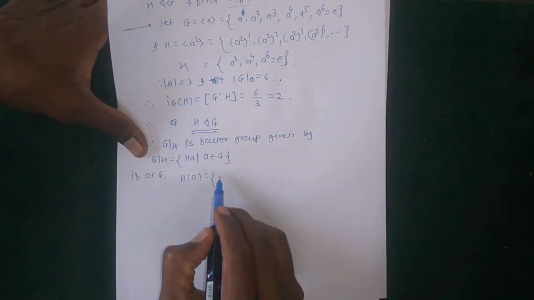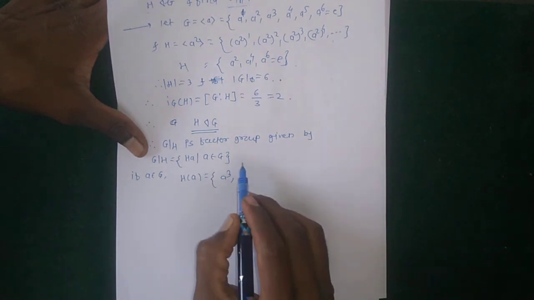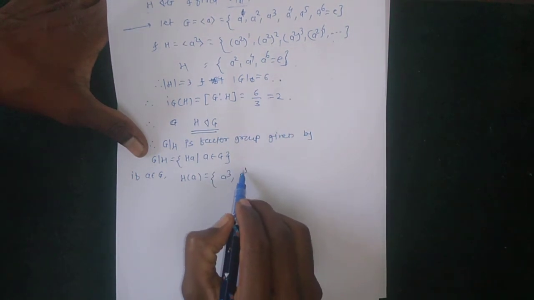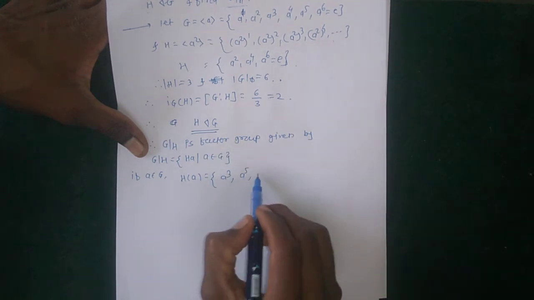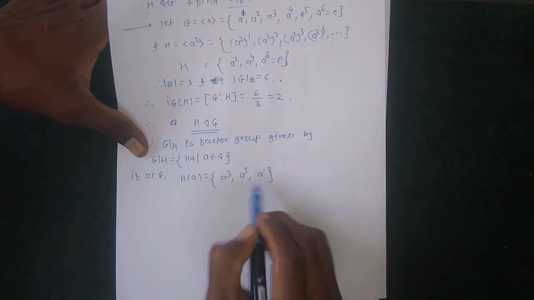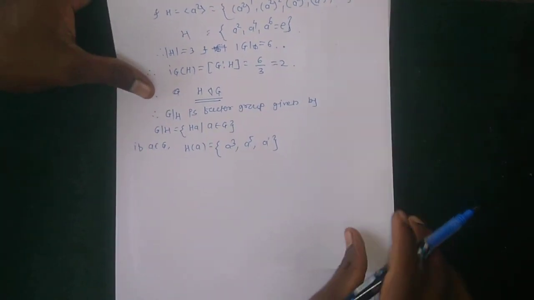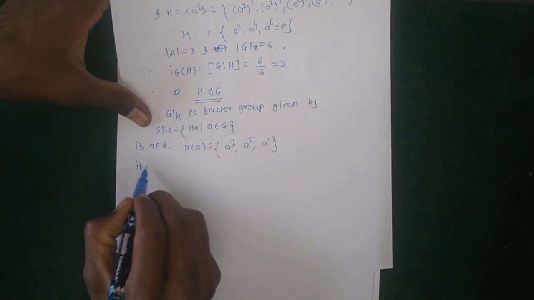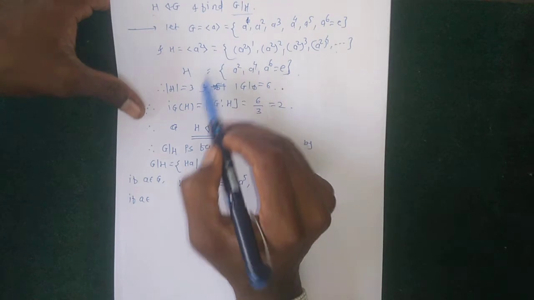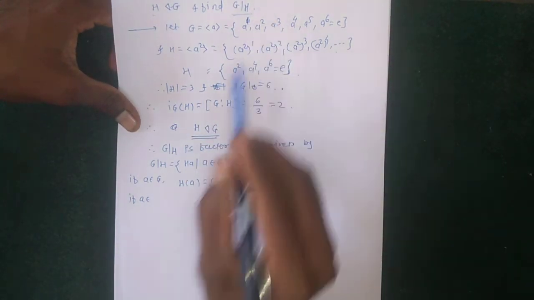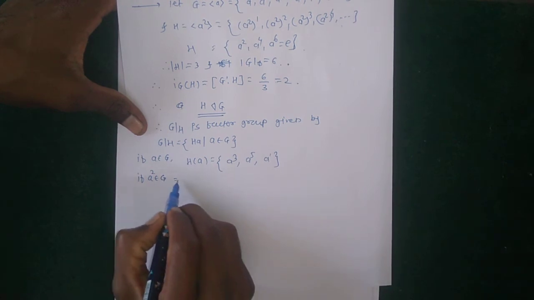If A into A square equals A cube, A into A raised to 4 equals A raised to 5, and A raised to 6 means the identity, into A is equal to A raised to 1. Okay, this is one element. If A belongs to G, then A square belongs to G, then H